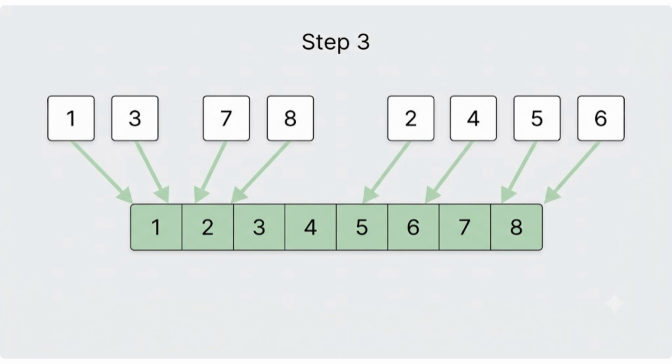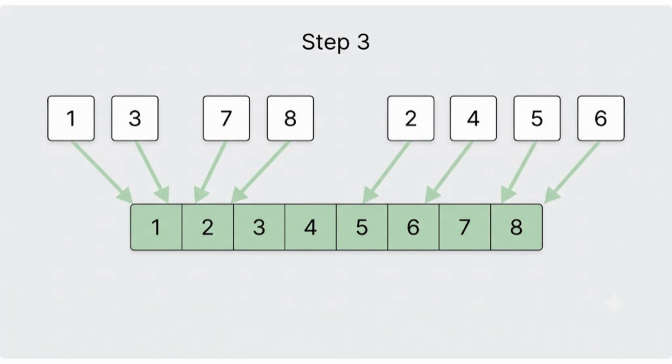Step 3, the final merge. We have reached the final merge. We now have two sorted lists of length 4: left list 1, 3, 7, 8, right list 2, 4, 5, 6. The final merge operation compares the front elements of both lists and moves the smaller elements into the final array. So compare 1L and 2